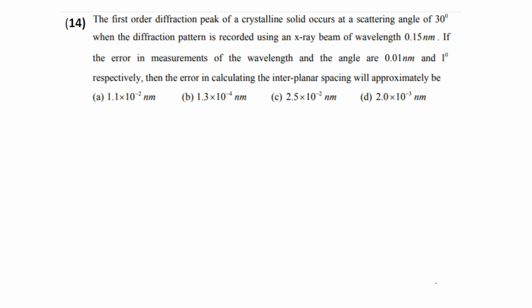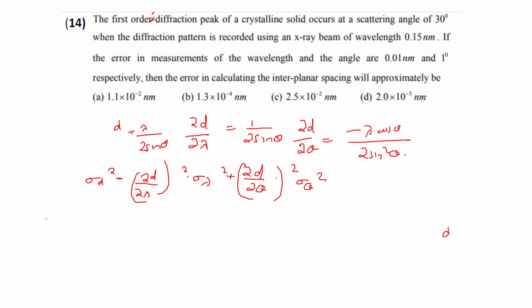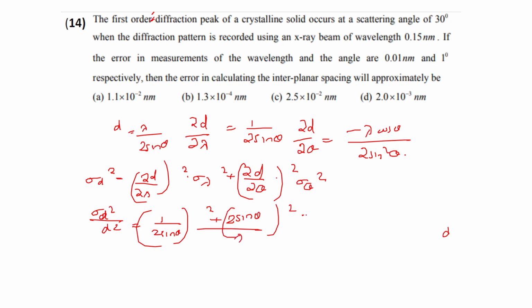Okay, so here we have to find the d value, which will be lambda by 2 sine theta. So dou d by dou lambda is equal to 1 by 2 sine theta, and dou d by dou theta is equal to minus lambda cos theta divided by 2 sine square theta. Now the error in d can be calculated as sigma d square equals dou d by dou lambda whole square into sigma lambda square, plus dou d by dou theta whole square into sigma theta square. So sigma d square divided by d square will be 1 over 2 sine theta whole square times 2 sine theta divided by lambda whole square into sigma lambda square,